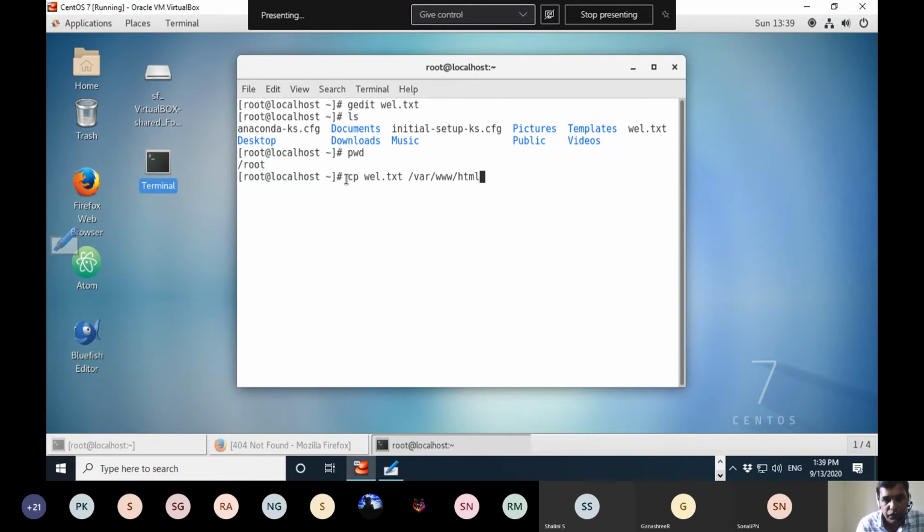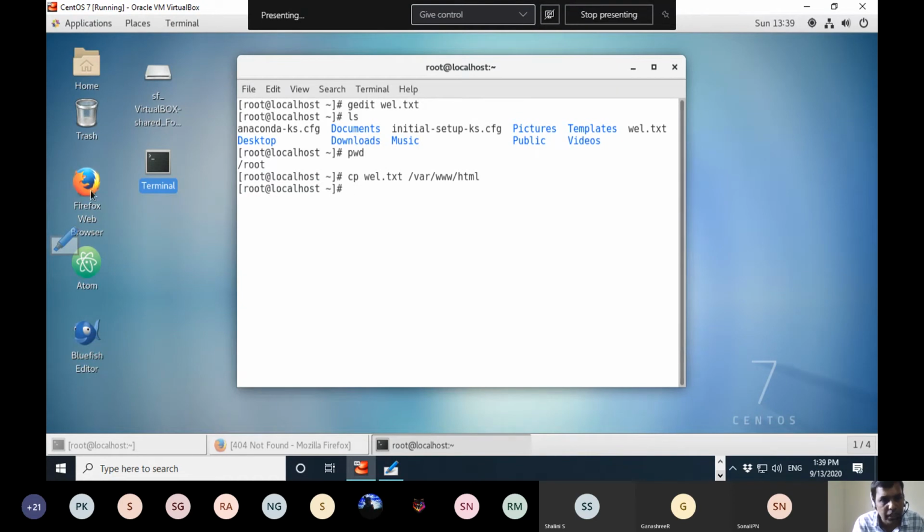It is not necessary to do this every time; while you save it, save it in this directory, var www html. But right now I saved it here. The common mistake students make is they store it in the root directory, then try to open it in a browser. The server doesn't find this file because the directory is var www. It will look in this location, not find it, and give page not found. That's why I copied this to this directory. It's successfully copied. You can go and see the location.